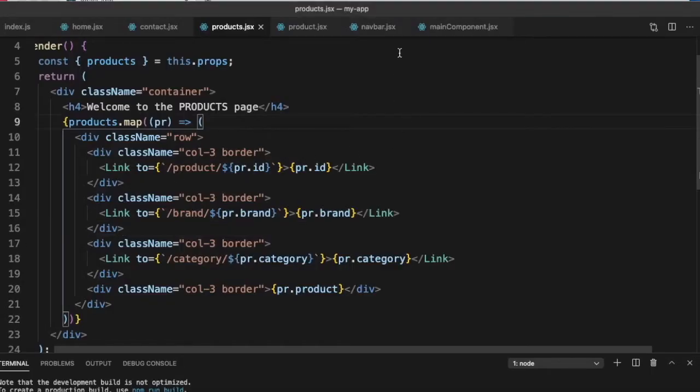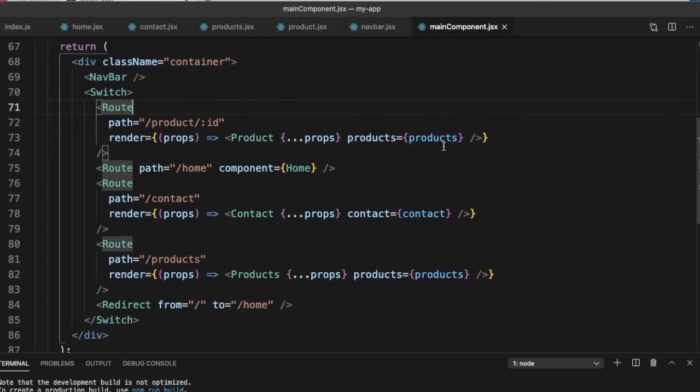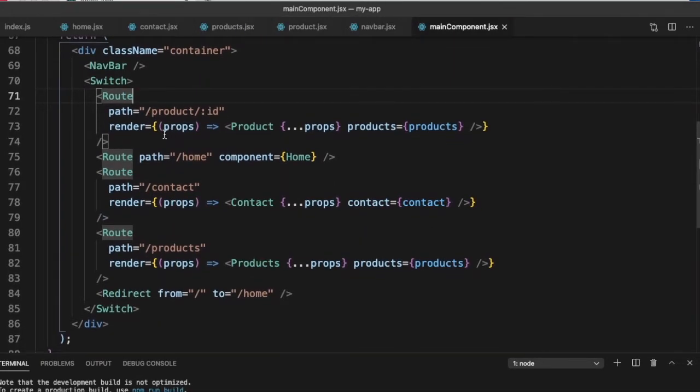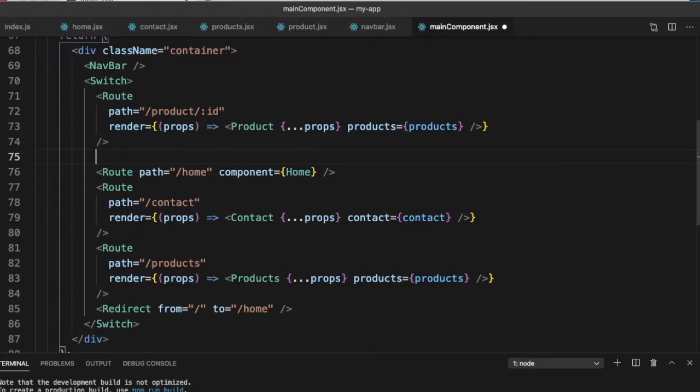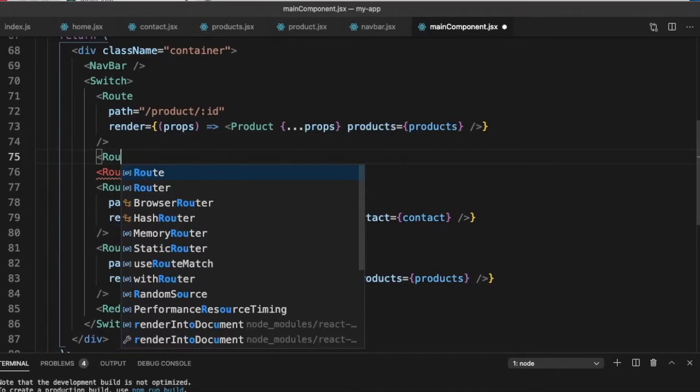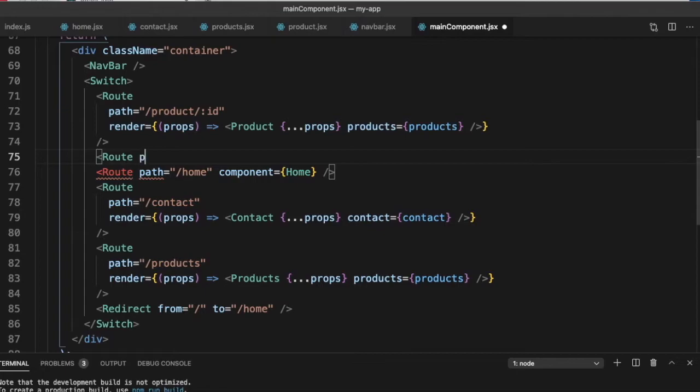Next, let's go to our main component and define our route. We can define it anywhere here, but before the slash. So path here is equal to /brand/ let's say call it colon value, whatever value we are getting.